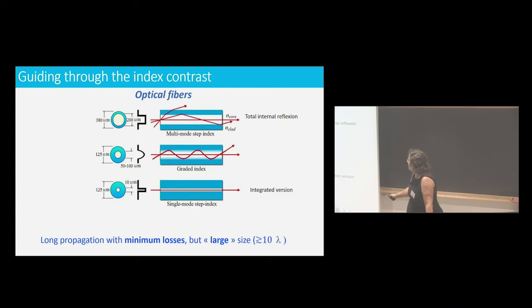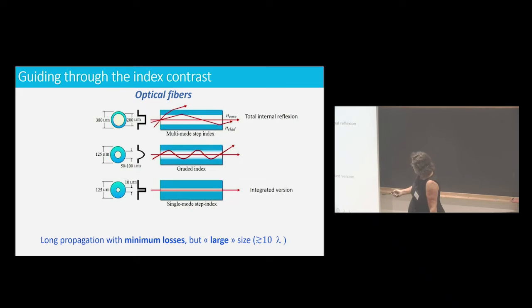And this view is not valid in that case, and you have to speak of propagation of modes. So in that case, single mode propagation. And that's a way to avoid, to the maximum, the dispersion and the losses, and they are optimized for telecommunication at 1.5 microns. They are much smaller. That means that the core here is about one order of magnitude larger than the wavelength. So much smaller than this, but you see, this is 10 microns, typically.